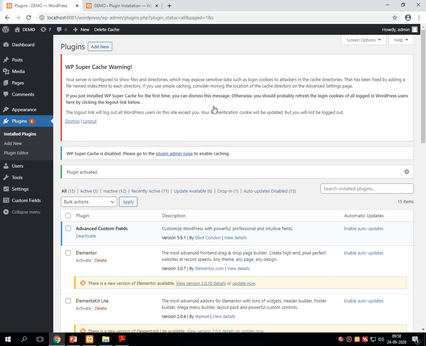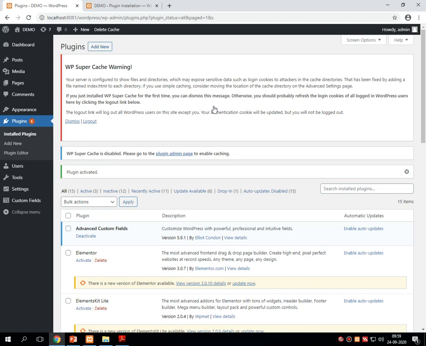Okay, fine. So this plugin is activated. WP Super Cache warning: Your server is configured to show files and directories which may expose sensitive data such as login cookies to attackers. In cache directories that has been fixed by adding a file named index.html to each directory. If you use simple caching, consider moving the location of the cache directory on the advanced settings page.